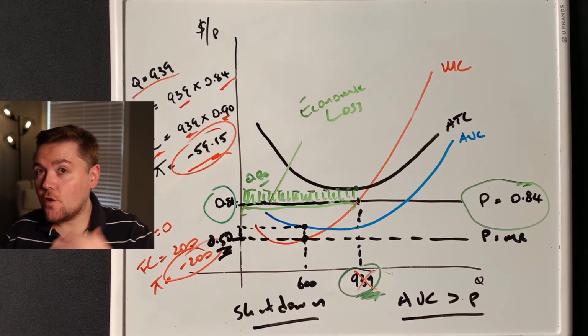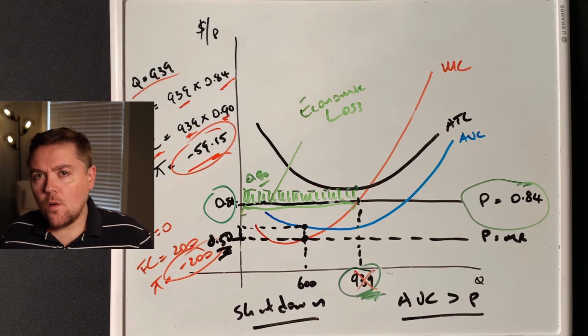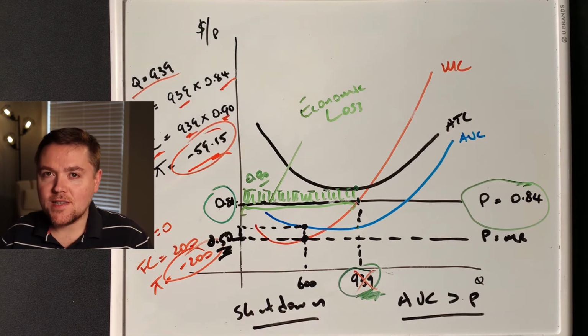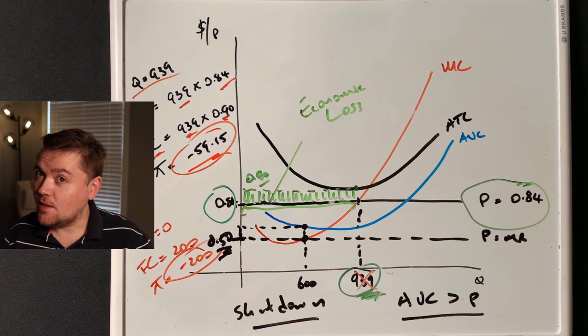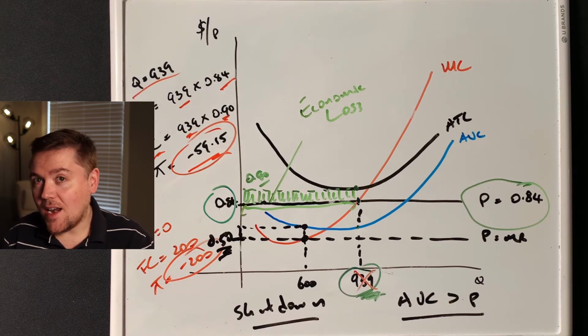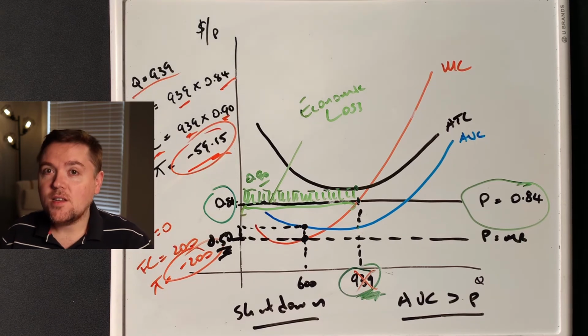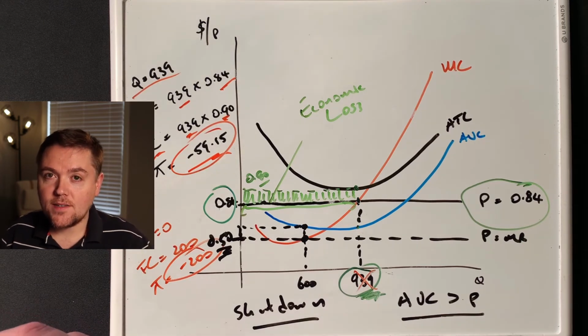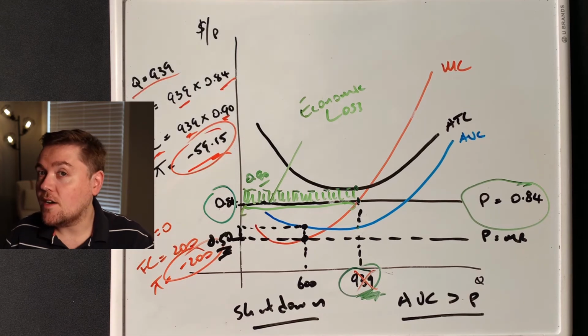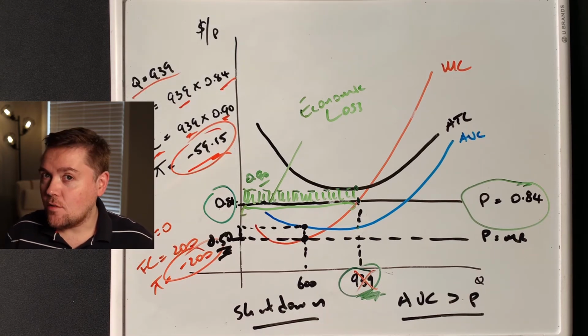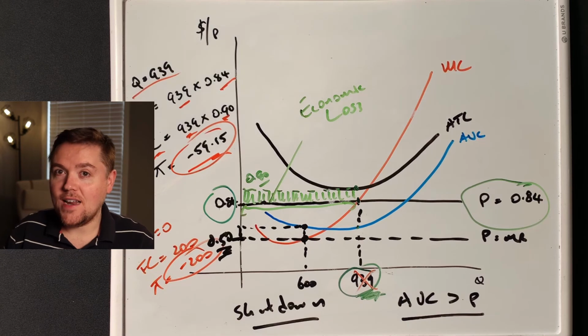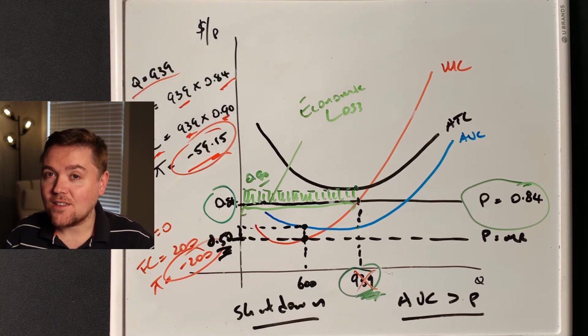Okay, you might need to watch that example a few times to really get it. The idea here is that firms enter the market, the price falls. What happens? Well, the firm now produces less, they make lower profits, in fact they lose money. But that's actually not as bad as shutting down. So they continue to produce, they lose a negative amount. They're hoping that competitors will increase their prices, or the market price will improve, or competitors will leave the market. And if they don't, in the long run, because the average total cost now exceeds the price, they're going to have to exit. They're going to have to quit producing this product, and they're going to have to shut down